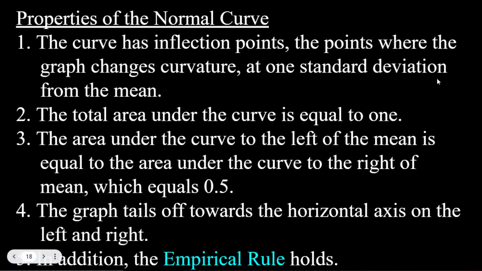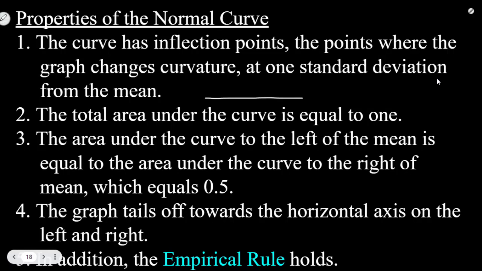Some properties of the normal curve. The curve has inflection points, those points where the graph changes curvature, at 1 standard deviation away from the mean. That means when you draw that, you can see here in the middle, it's curving down, but then it starts curving up towards the outside. Well, those points right there where it changes, those are inflection points, and that happens at 1 standard deviation away